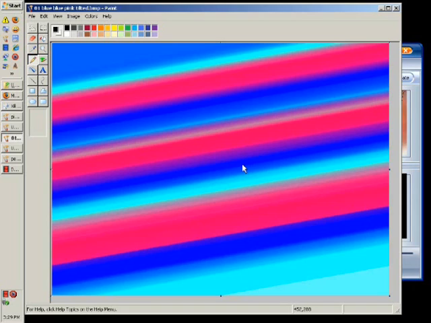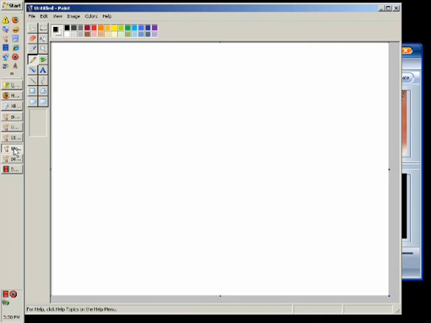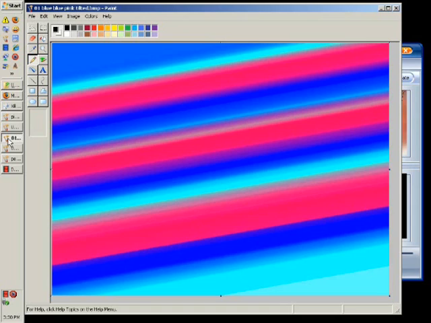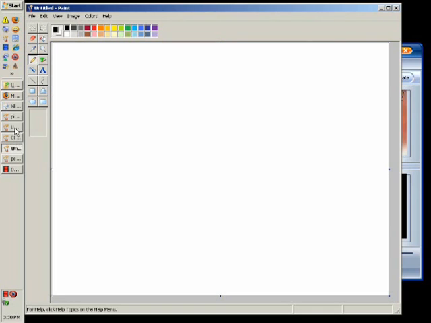No, you don't want to save because I already had this window open, but this is what we're going to paste our cutouts onto. Now the other thing you can do is paste onto a blank canvas. The reason I say paste onto a blank canvas is you want to do all your layering work first. Now this is the canvas we're going to paste on at the end, but here's where we're going to start